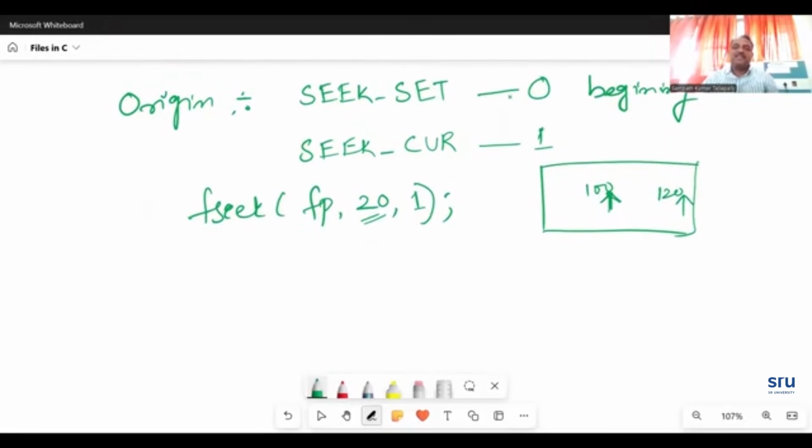Sometimes this value can be a negative value also. Suppose the value is equal to minus 20. Now the file pointer will be pointing to 80. It means that now we are going to send your file pointer in a backward direction. So whenever I want to send the pointer in a forward direction, we use a positive value. If I want to send the file pointer in a backward direction, then we are going to use a negative value. So this is how we utilize the second argument of my function